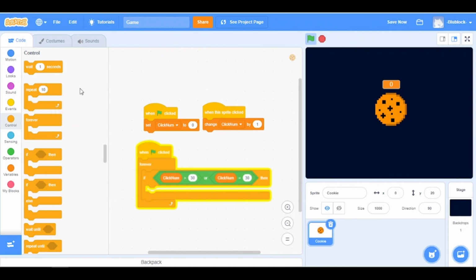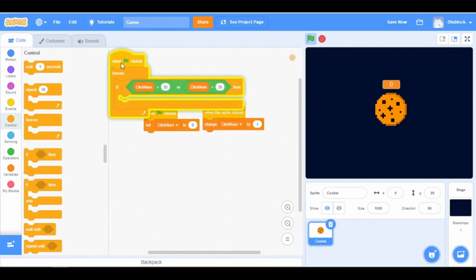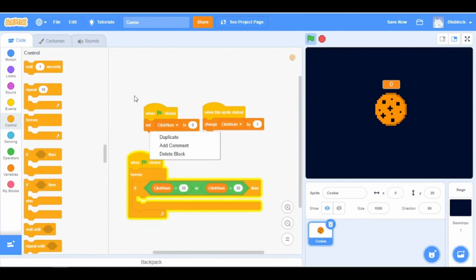It's only for things like that, but we could do an else for this to work as well, with a different input for this, but you can use if or else depending on your situation. So now that we got that covered, we can keep this changing click number by 1,